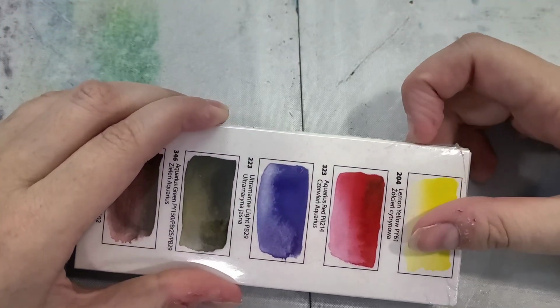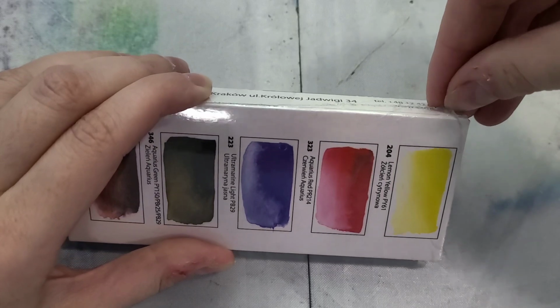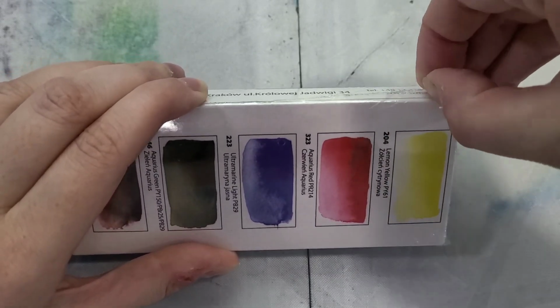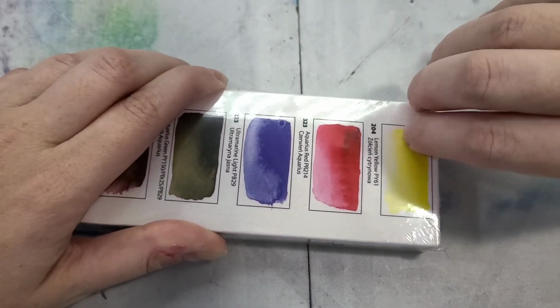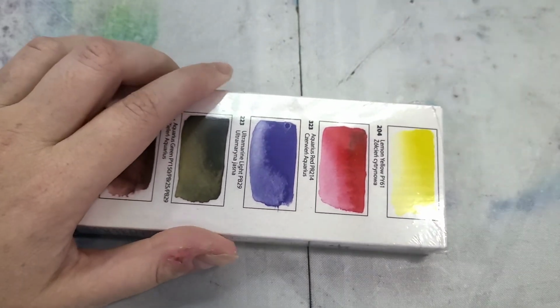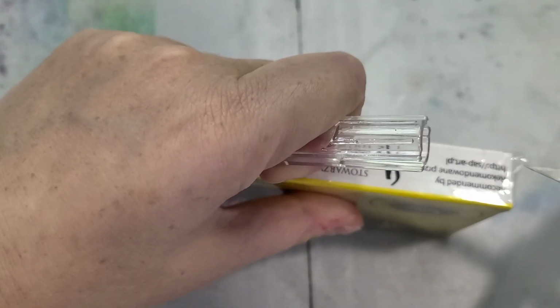This starter set is a great introduction to the Aquarius range, offering a foundational palette for mixing and experimenting. These are made with high quality gum arabic and glycerin, linden honey, distilled water, and pigment. It's produced in small batches that are tested for performance qualities, and they really put a lot of effort into